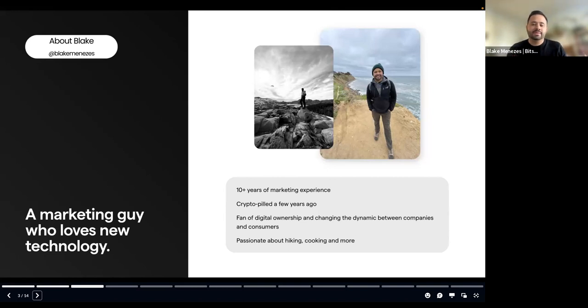It's part of the reason why I'm here and why I'm excited about the space. It gives a form of ownership to people in a different way. It empowers creators and the average person out there. And as technologies get better, it's even easier for the average person to enter this space.